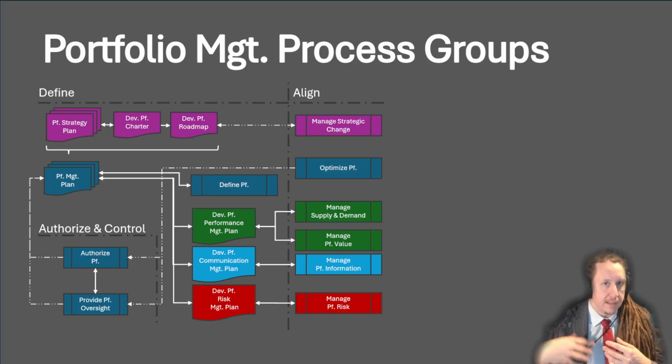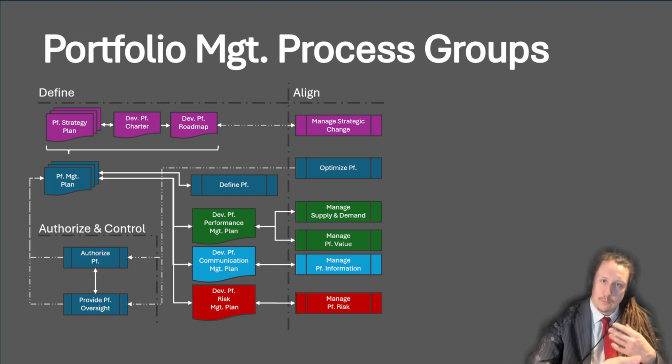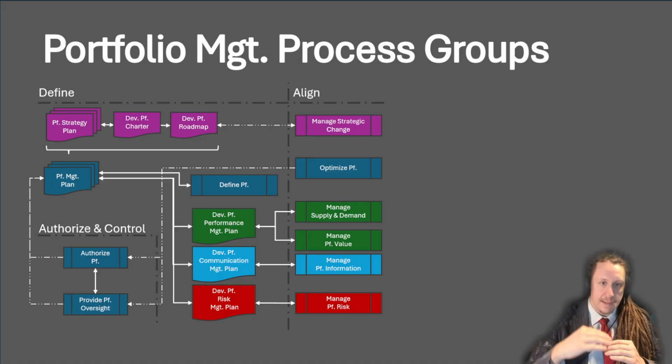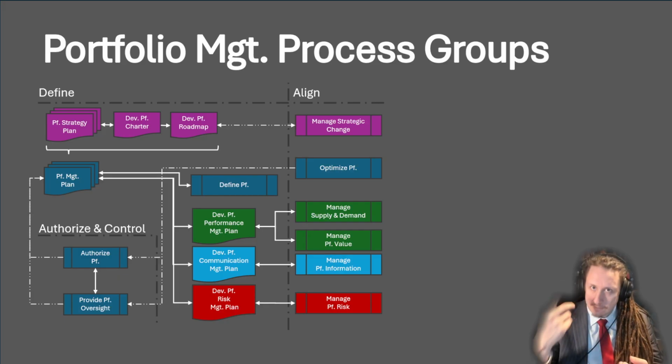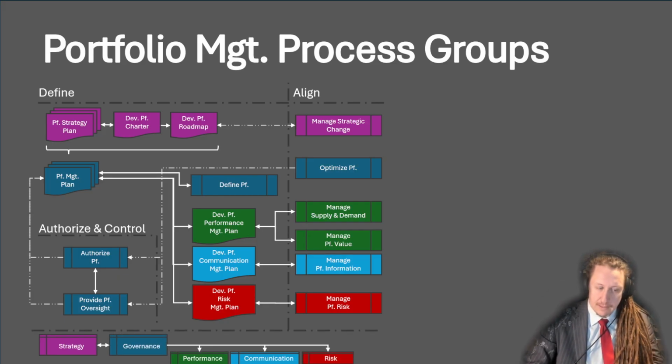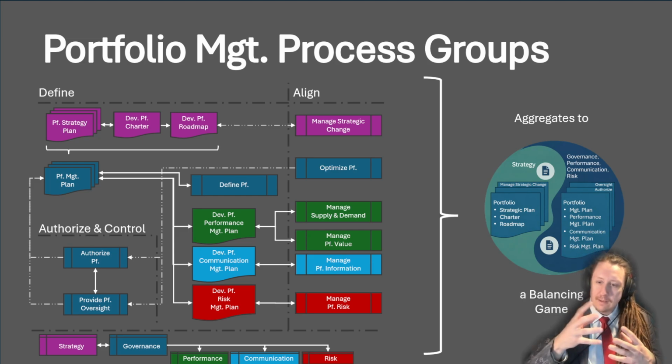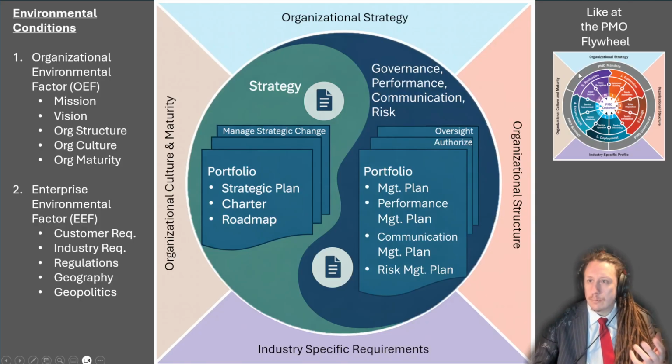And as part of this oversight, you might have to optimize and go into this improvement cycle and improvement loop. And if it's a very big strategic change, then you go one layer back up in the alignment process. You manage the strategic change, you make a stakeholder gap analysis and readiness assessments, and once you have this reapproved in the charter, you go back into the portfolio management plan, optimize, and get it authorized. As you can see, it starts to repeat itself as a kind of yin-yang between strategy and governance. This aggregates into a balancing game and a repetitive cycle, as with the PMO flywheel